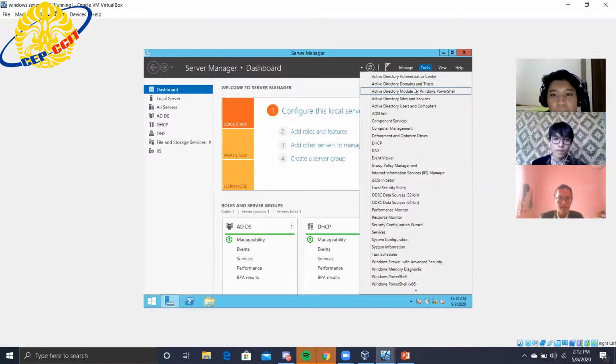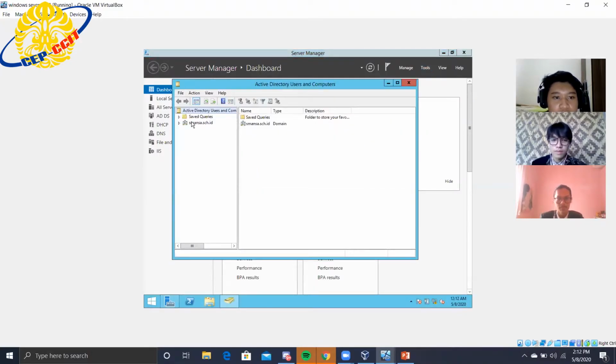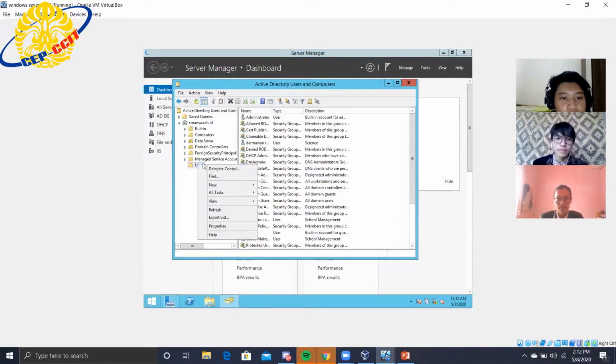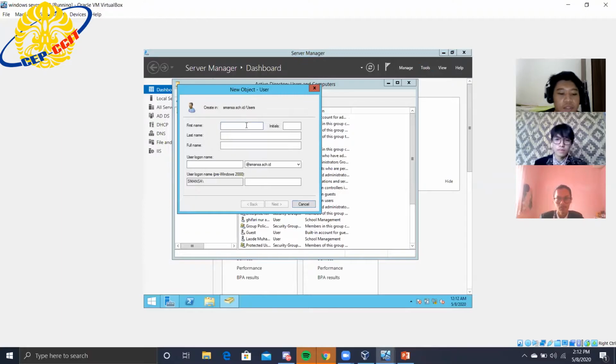First of all, click Tools and go to Active Directory Users and Computers. Go to the domain and users. Now right-click on users, new user, first name, for example, and user logon name Bruno.